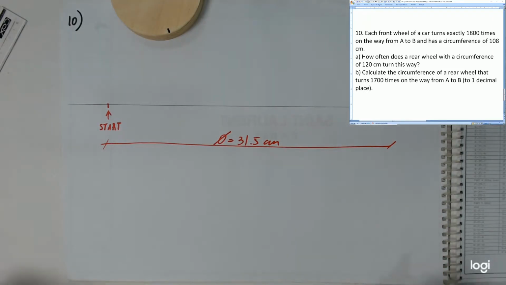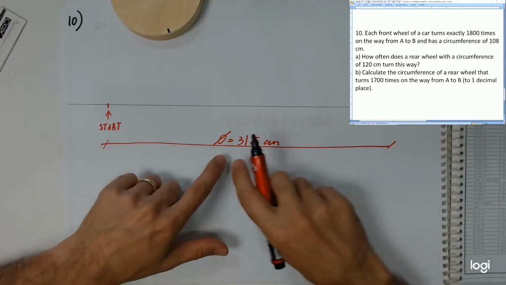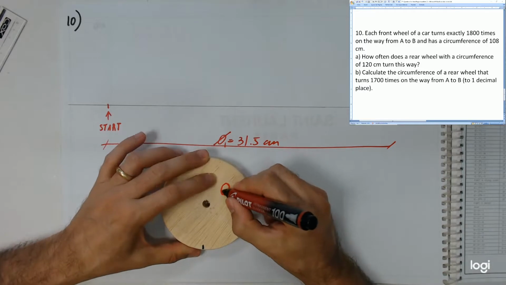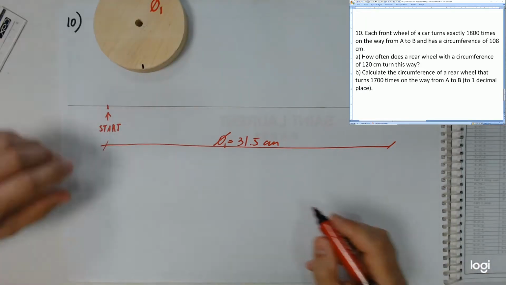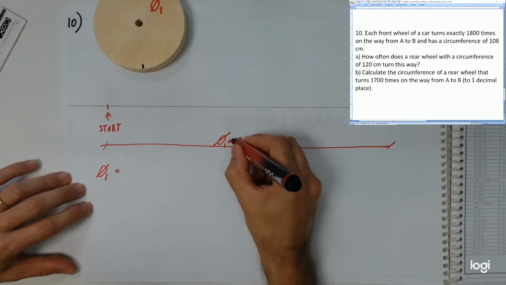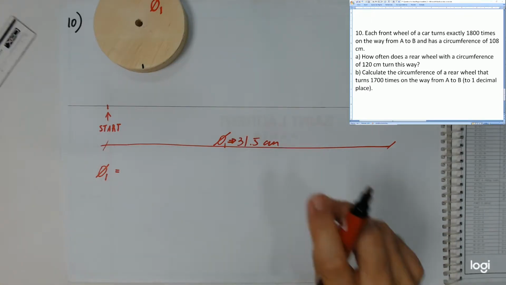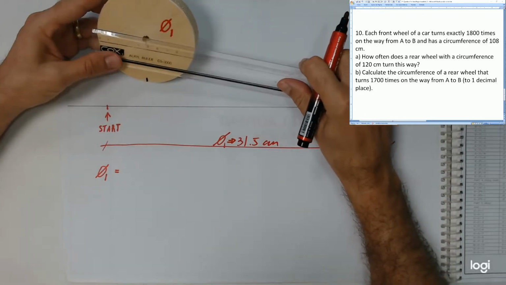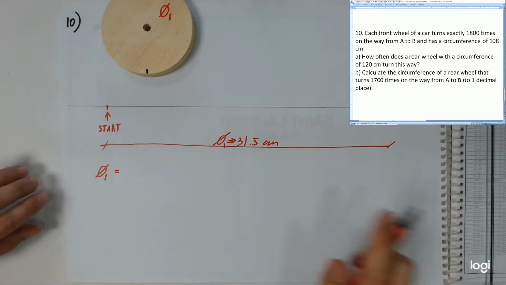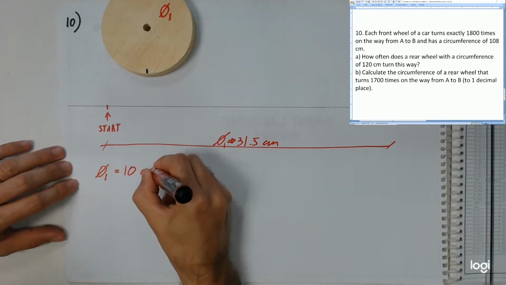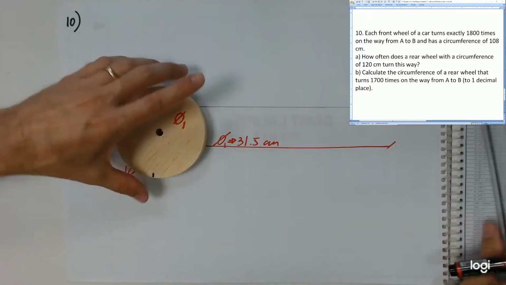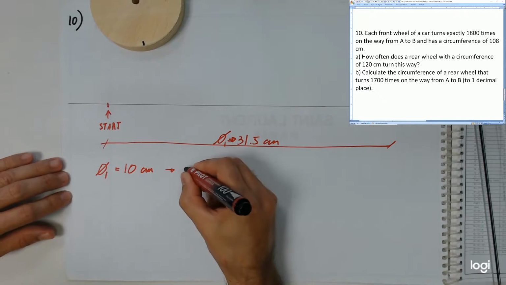Let's call this diameter 1. Diameter 1, with an arrow in here, and what is it? Ten centimeters. It is the diameter. I just measured 10 in here. Ten centimeters, and the circumference